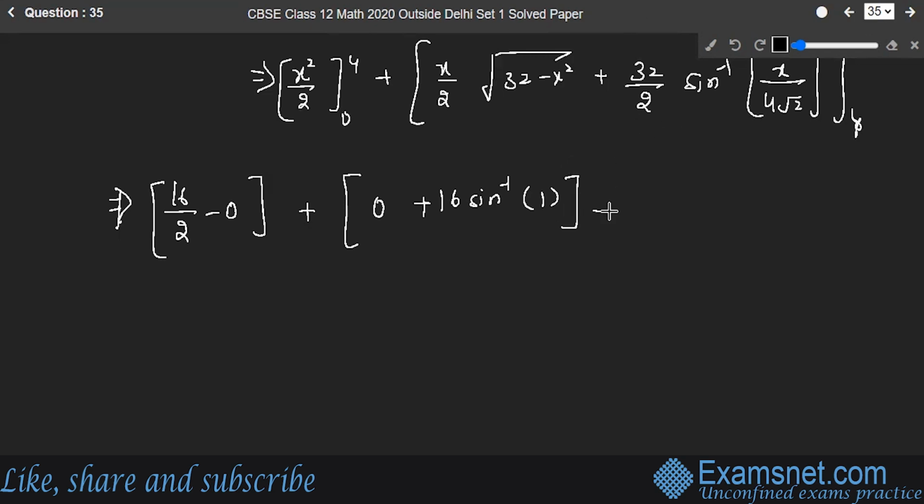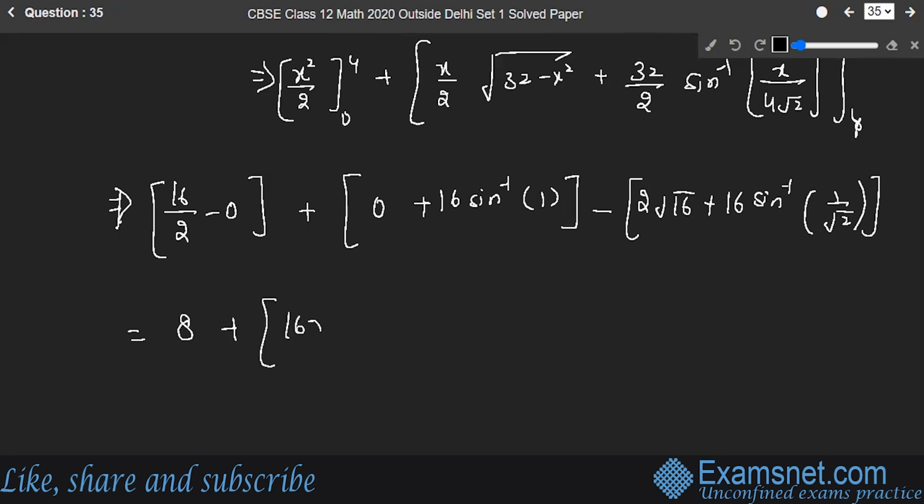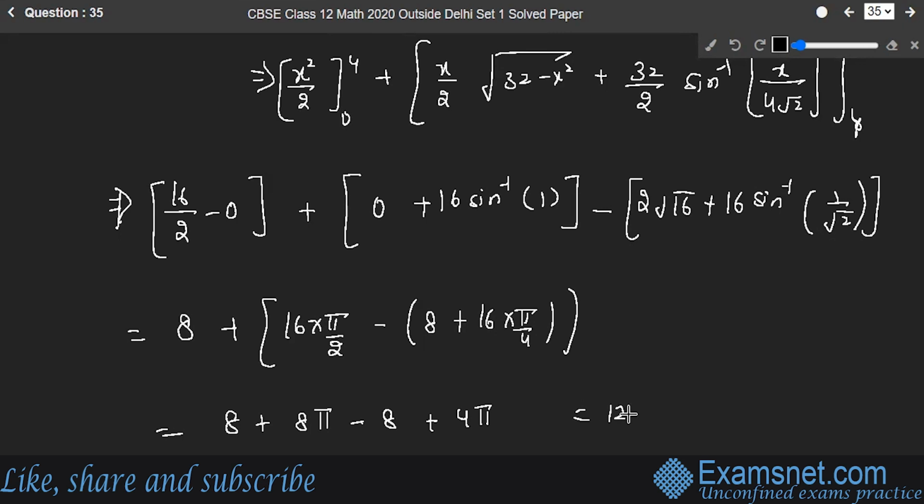So here will be minus 2 root 16 plus 16 sine inverse 1 upon root 2, which will be 8 plus 16 into pi by 2 minus 8 plus 16 into pi by 4, which will be 8 plus 8 pi minus 8 plus 4 pi, which will be equal to,